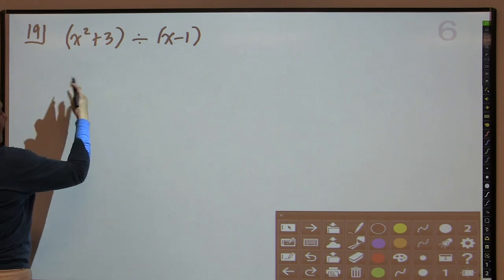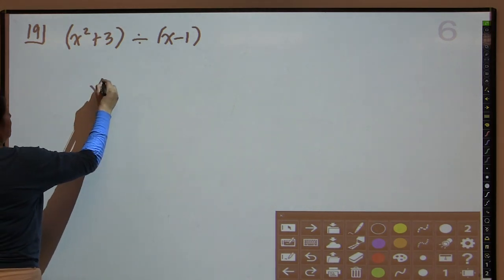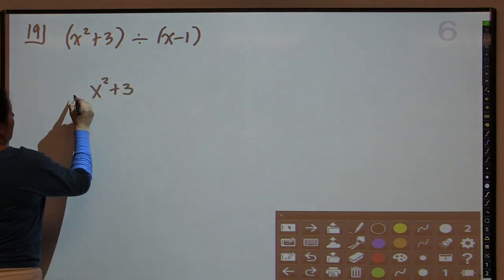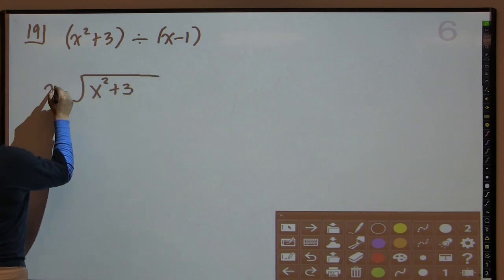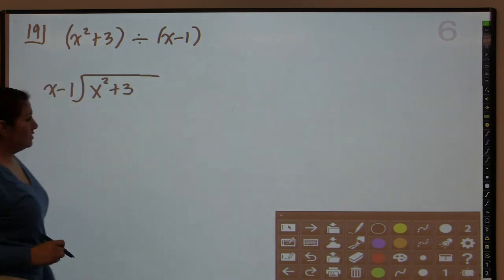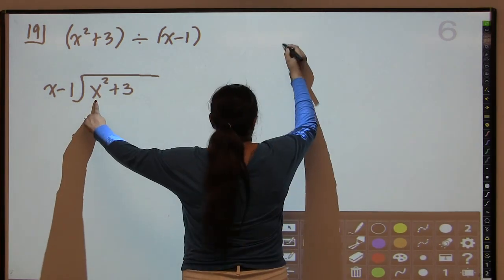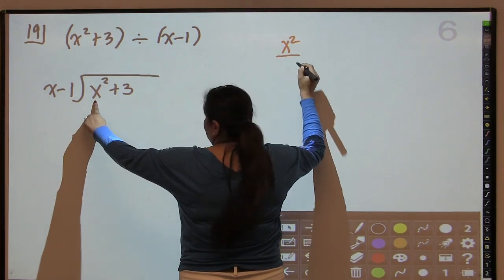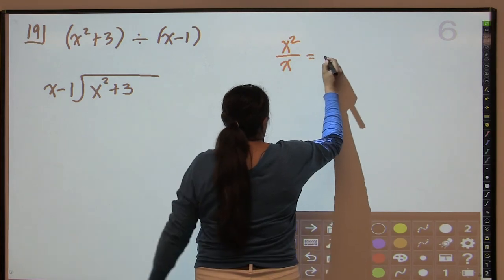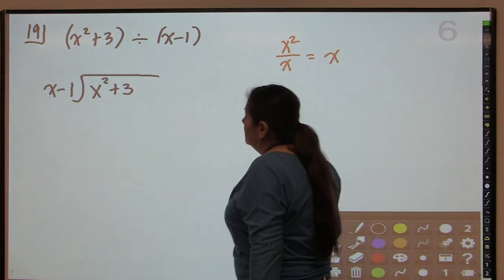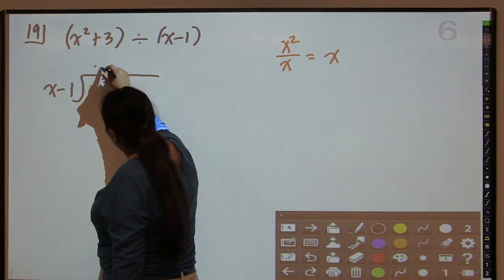So I'm just asking you to divide here. I'm going to take x squared plus 3 and divide that by x minus 1. The first thing we want to do is figure out what the quotient is going to be. So we take x squared and divide it by x, and we get x. So here we're going to have x,